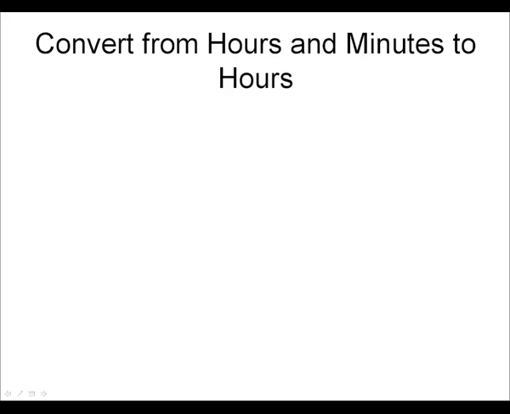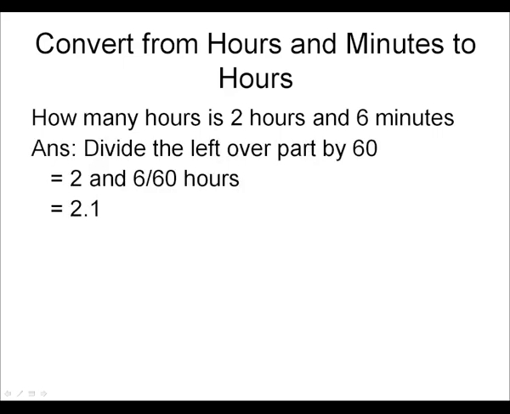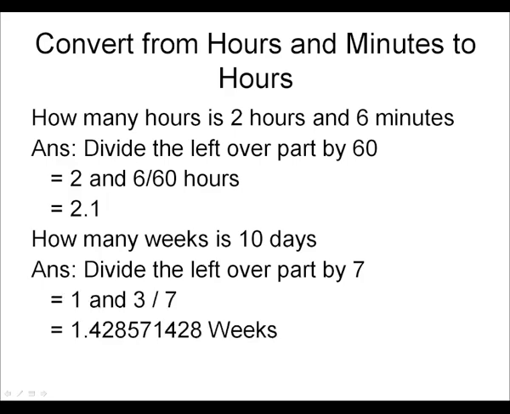And where this comes from is when we were looking at converting from hours and minutes to hours. For example, when we were asked how many hours 2 hours and 6 minutes was, we had 2 plus 6 divided by 60, which gave us 2.1, which was fine. But here's another example. If we were asked how many weeks 10 days was, we had 1 whole week, and the leftover part divided by 7 gave us 1 plus 3 over 7,